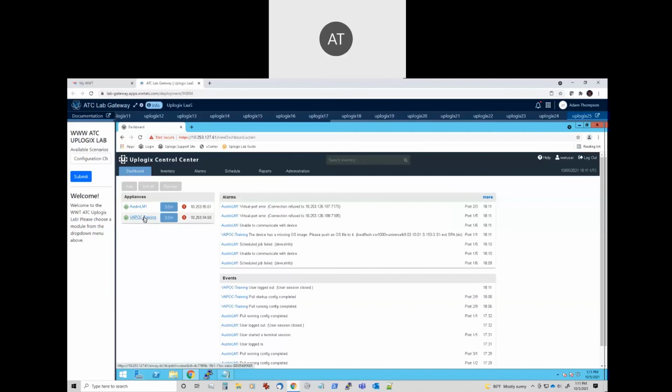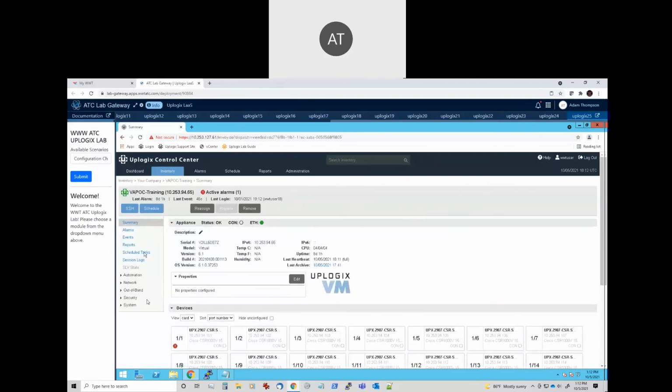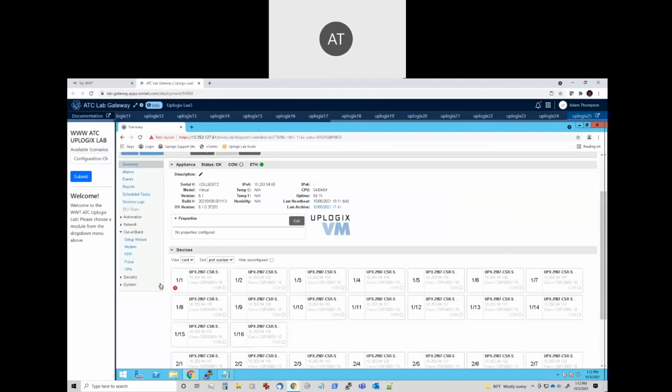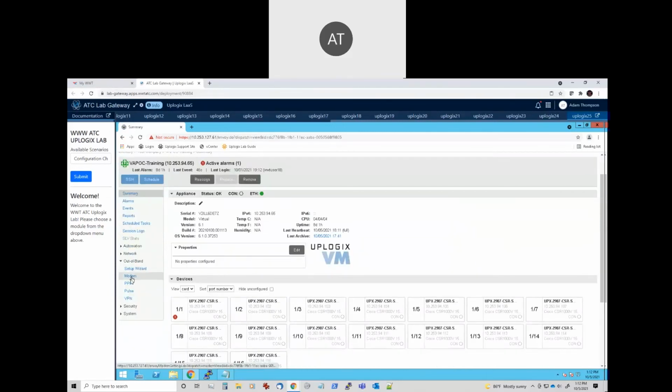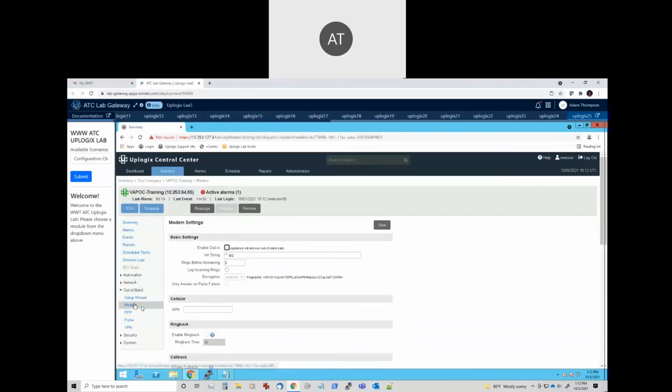Yeah, if you select one of the local managers, either one, it doesn't really matter. Open up the out-of-band section on the left-hand side. That'll open up the options for the setup wizard, which is good, but a lot of the stuff's easier to do just kind of in place. So for dial-in, pretty much all the configuration elements are going to live under the